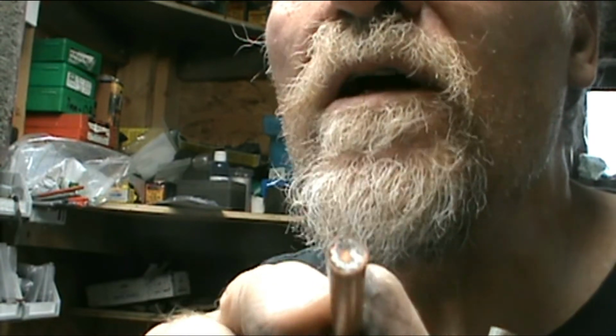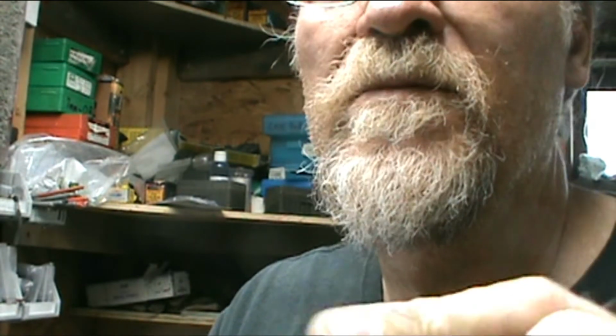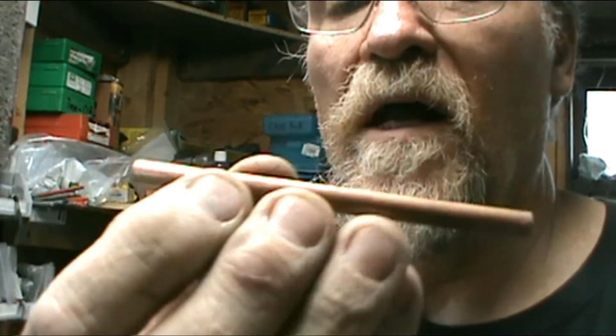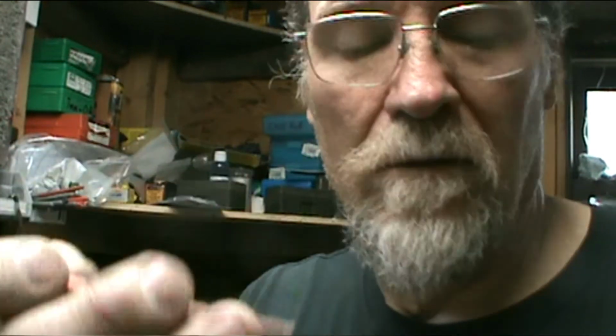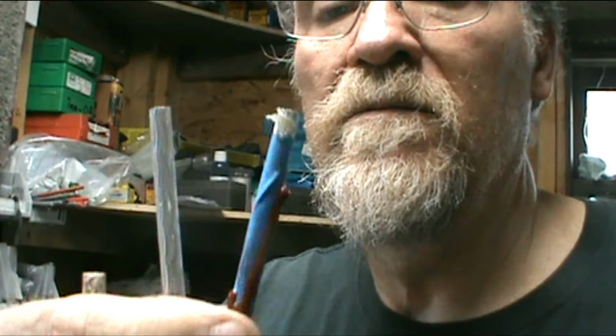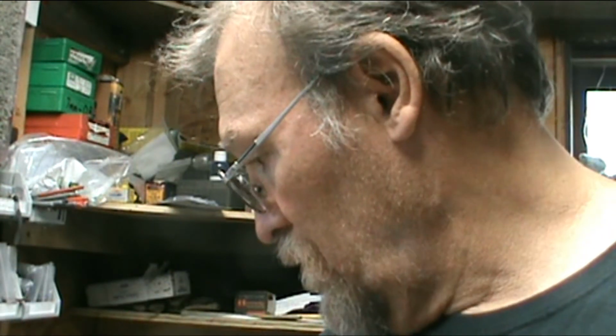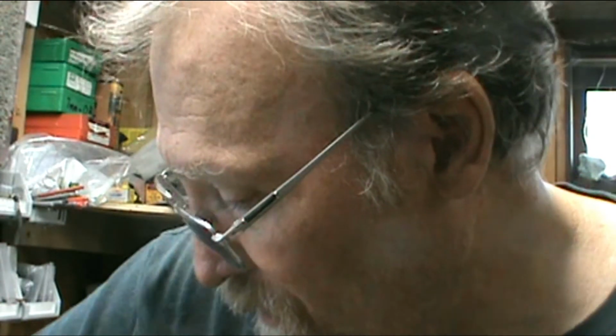It's copper, 1/4 inch copper with thin aluminum wires around a copper core, and it's done with white. Yeah, it's done with white. So anyway, I think I made this one with a syringe. Matter of fact, I think I made all 3 of these with a syringe, because there's no little tube on there